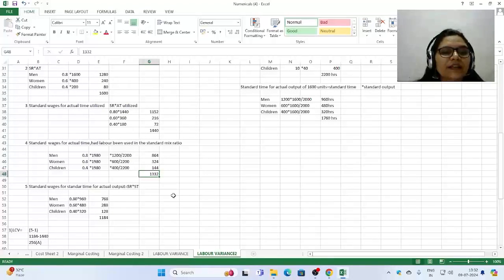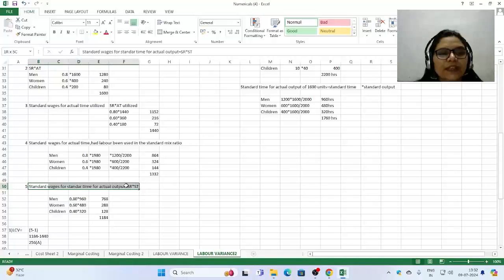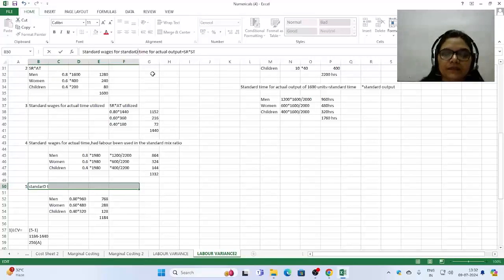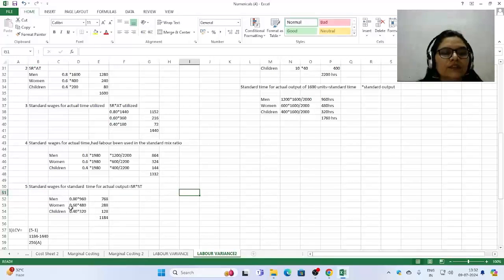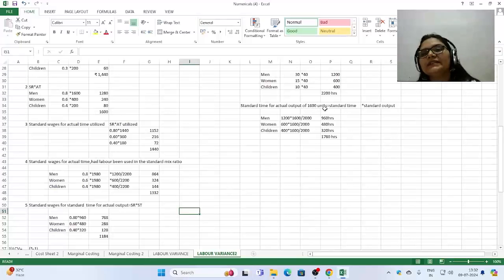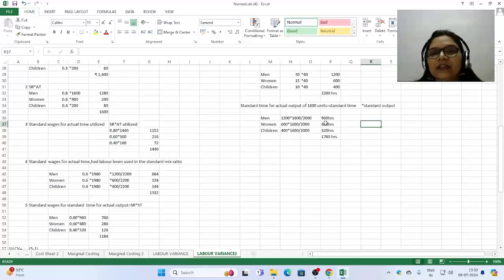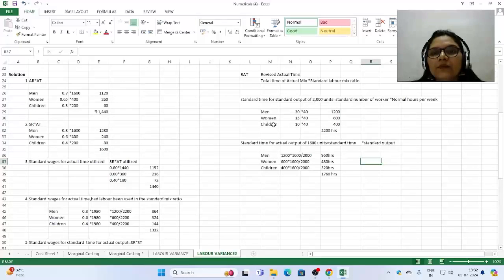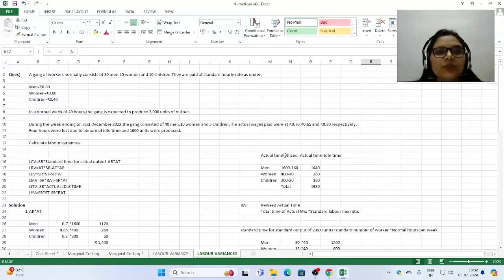Next is standard wages for standard time. We have certain spelling mistake over here. We have this standard time. So 0.80 into 960, standard time we have calculated over here. Standard time is always calculated for actual output. Actual output is 1600. Now what will be the standard time? For men, we have standard time into standard output. Standard output is 1200,